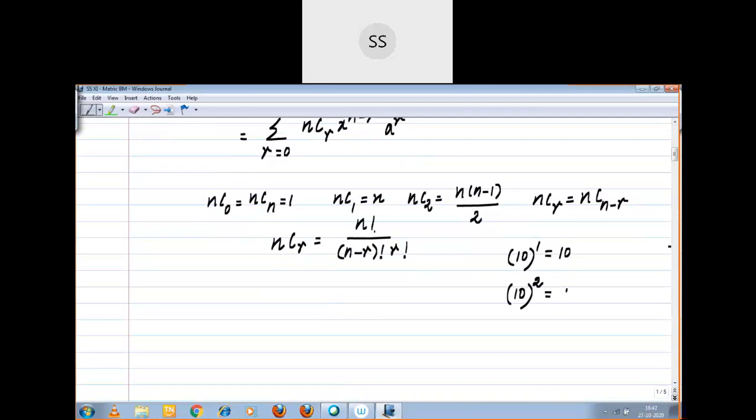Now what is 10 square? Immediately you people say, right, 100. How you are getting 100? Did you think of it, children? If you think, okay, fine. If you didn't know that, you should learn now. How many zeros are there? 1 zero. The power is 2. 1 into 2, 2. That means how many zeros you want to add? 2 zeros. Then 10 power 3. 1 into 3, 3. So how many zeros? 3 zeros. Right? Got it, children?